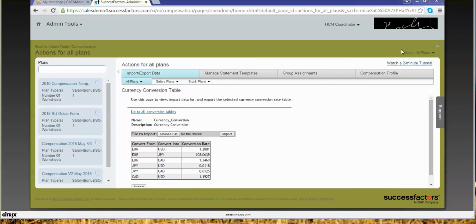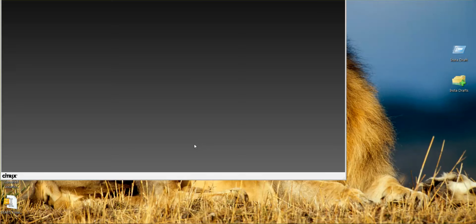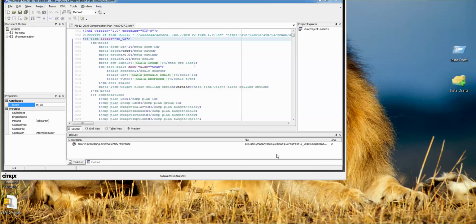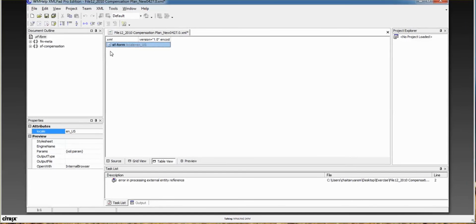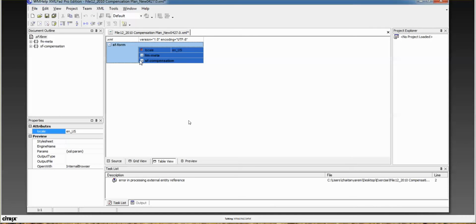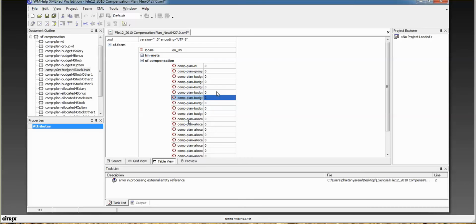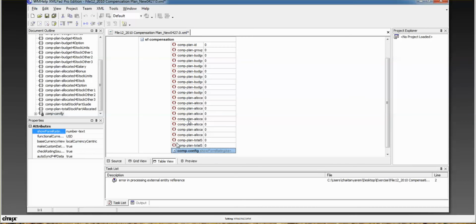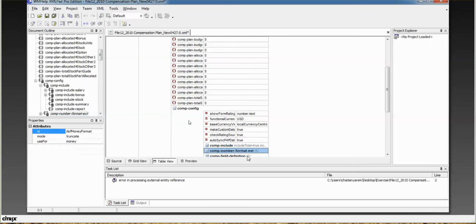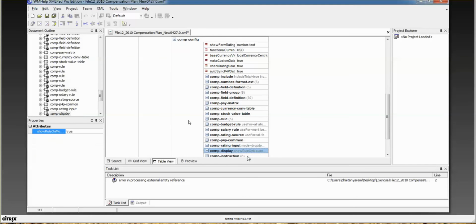Okay, so you see the compensation document, everyone? I mean the XML part. So what we do is we go to the compensation form template. This is the XML template. So here,